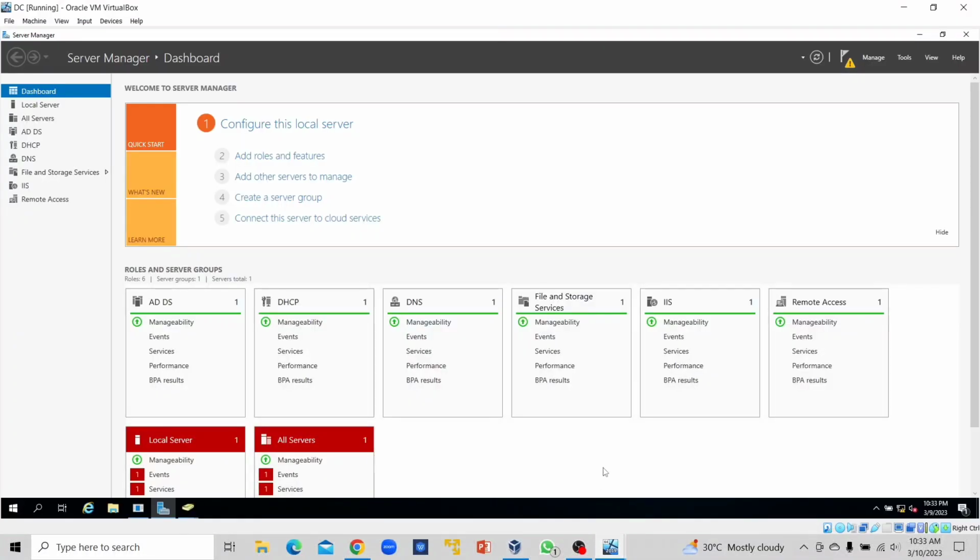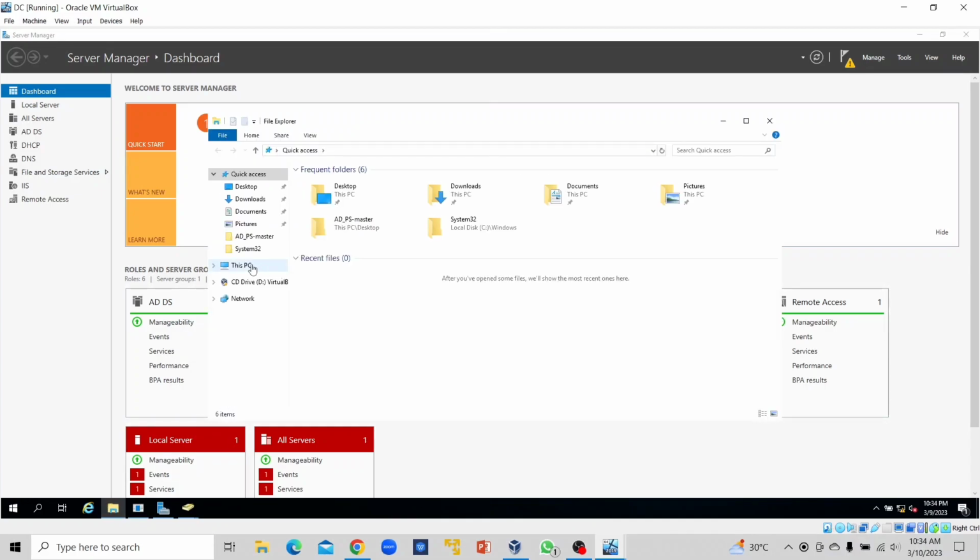Hello everyone. So in this example, I'm going to show you how you can create a shared folder. After creating the shared folder, you get the path, then you can map it to the groups or the individuals or the group of users that can have access to that folder in the server. So for us to do that, first of all, we click on folder,